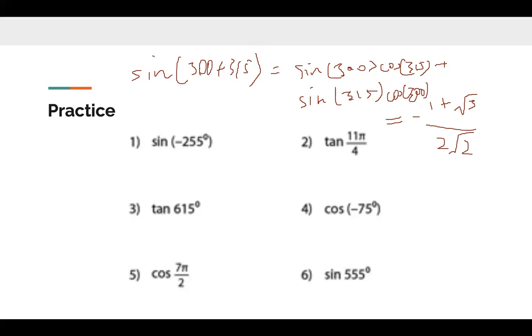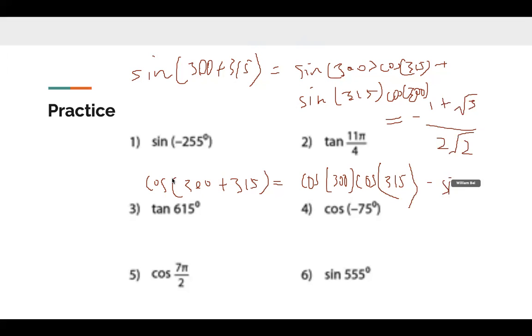Now we do cosine. I won't erase it this time. So we have cosine of 300 plus 315 is equal to cosine 300 multiplied by cosine 315. Remember, cosine formulas are different. Cosine 315 minus sine of 300 multiplied by sine of 315. Again, just directly plug into the formula, and in the end, your answer for cosine of 615 should get you